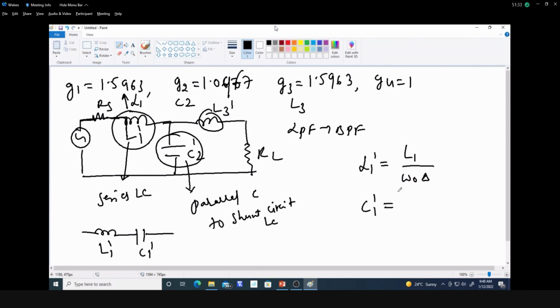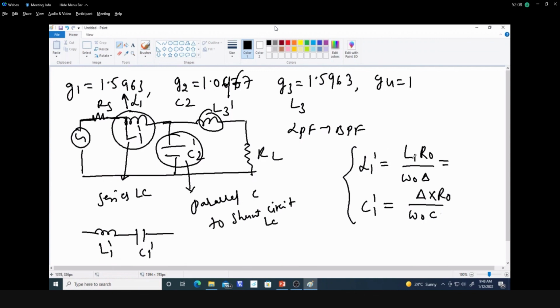So now that L1 dash and C1 dash will be equal to this one, and if I scale with respect to impedance, we are going to add, so L1 into R naught. And similarly C, which is equal to delta by omega naught into C. And this C, if I do the impedance scaling, C by R naught, which is actually given by, if you send it to the numerator, we are going to get delta into R naught by omega naught into C. So this is the transformation of series inductor to a series LC circuit.